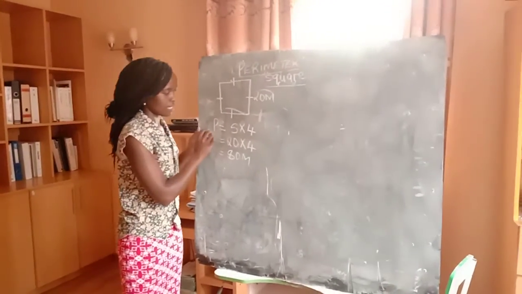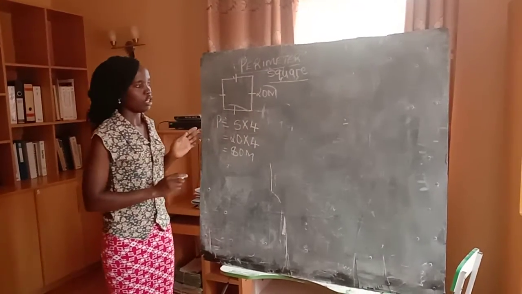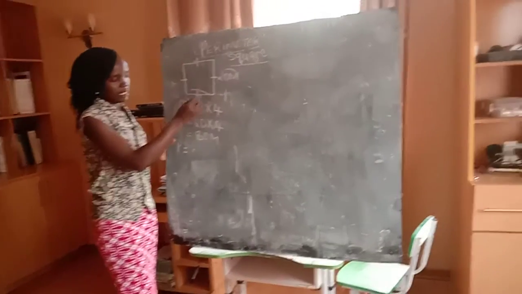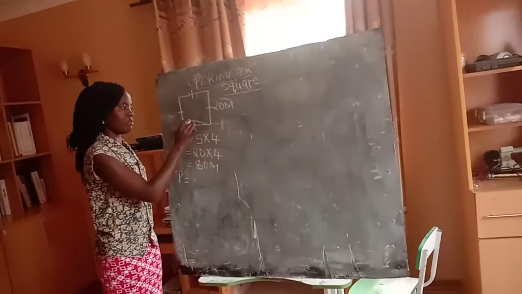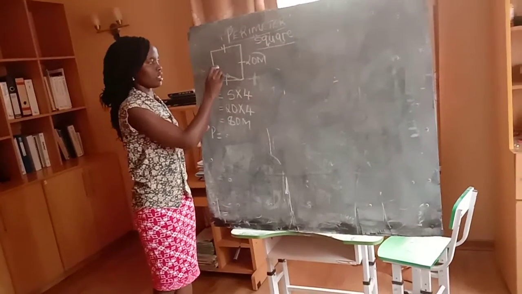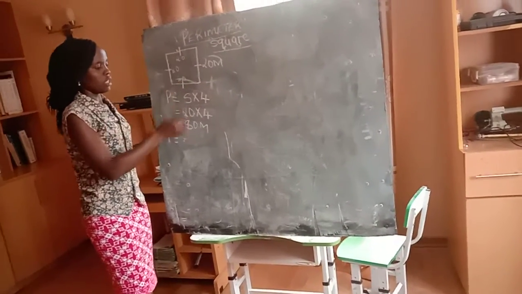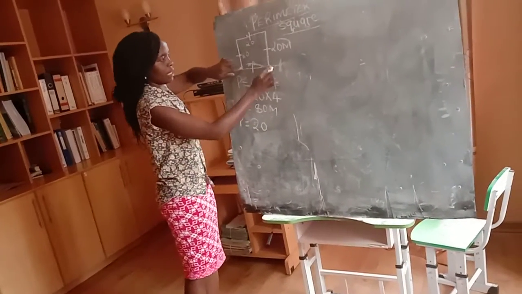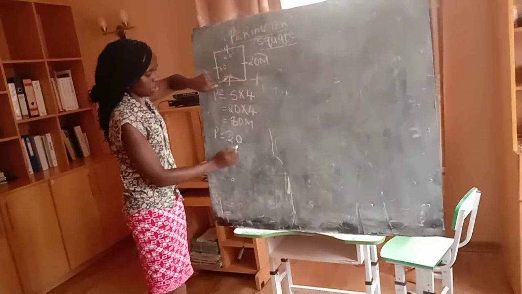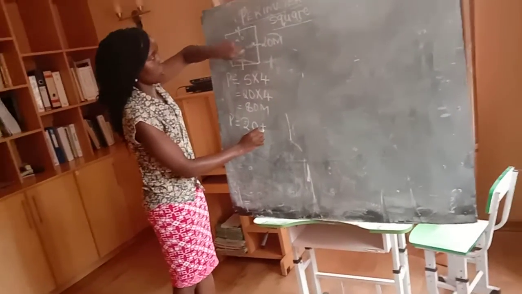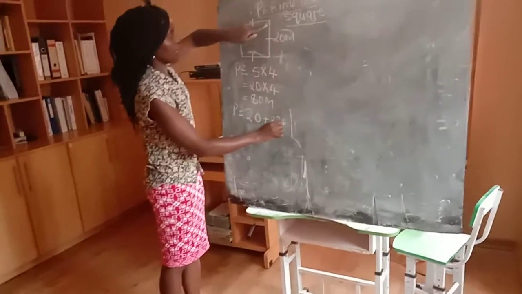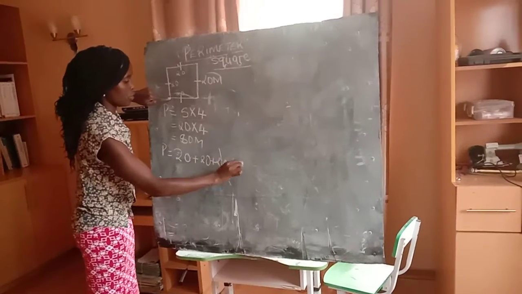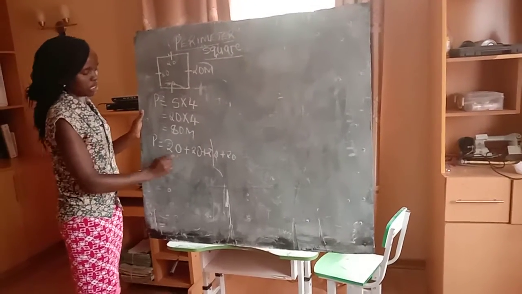If you forget the formula, you will come and say that perimeter is equal to, you take all the four sides. If this one is 20, it means that this side measures 20, this side measures 20, and the other one is 20. You can just come and add the lines. From here to here is 20, so you add 20, plus from here to here is another 20, then here to here is 20, and then here to here is another 20. Add all of them. So I have 20 added 4 times.